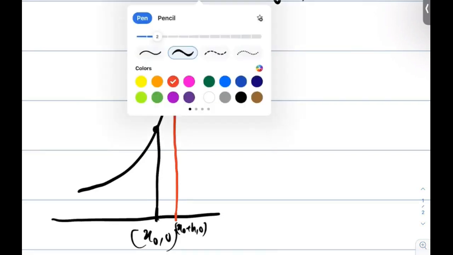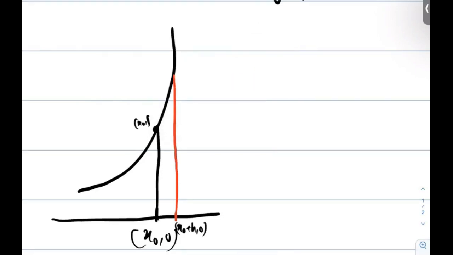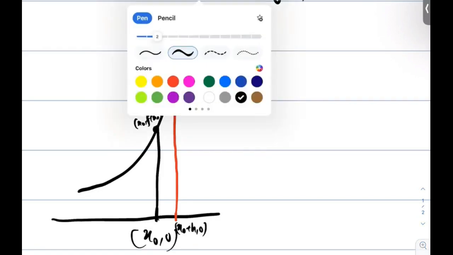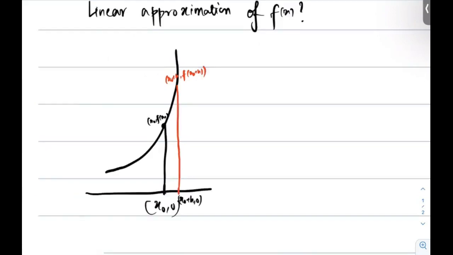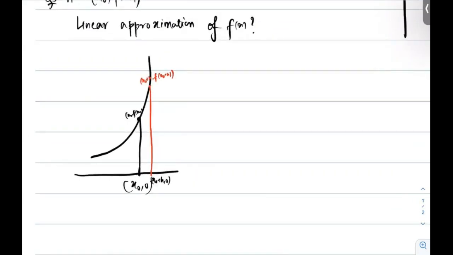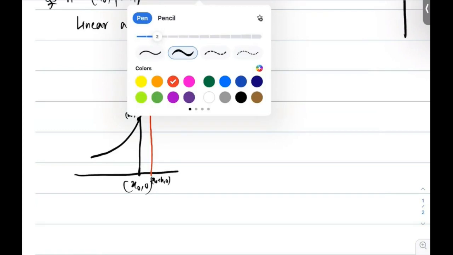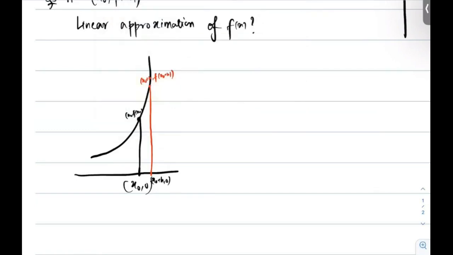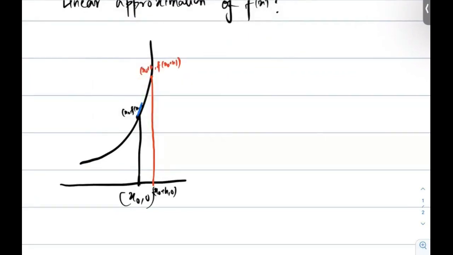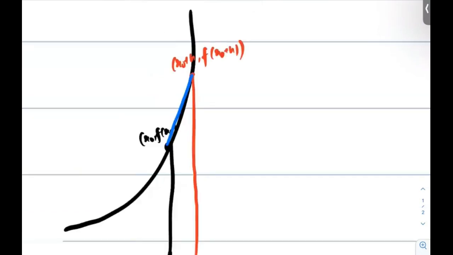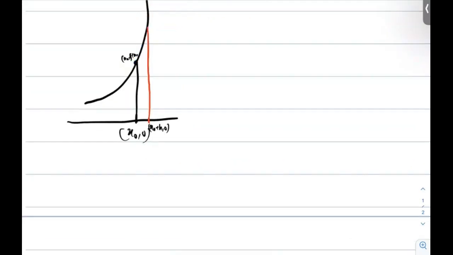So this point is (x naught, f of x naught), and this red point is nothing but (x naught plus h, f of x naught plus h). And what Newton told is that this local approximation can be found by a series of approximations in a limiting format. How? If you take this blue line joining these two points, and observe that as you